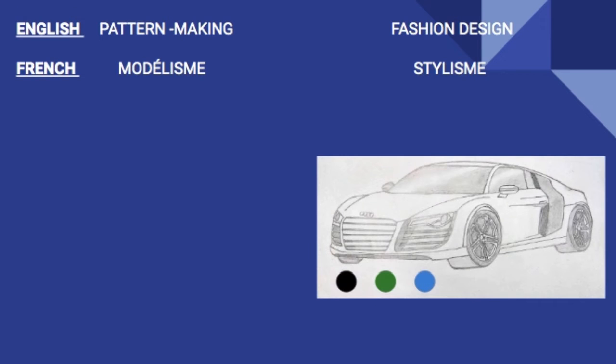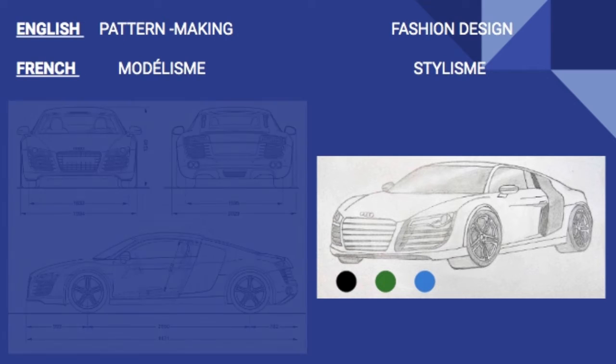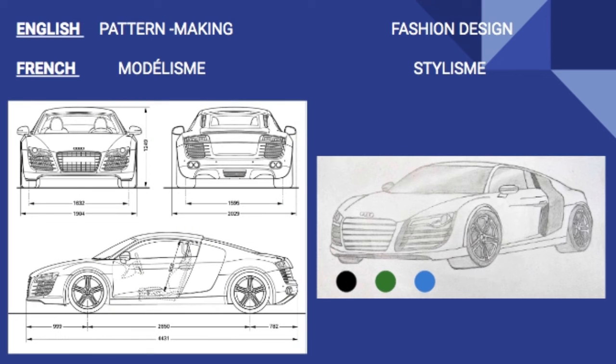When the car designer draws a car illustration on paper along with the color options, he then needs to be able to communicate his idea with the utmost precision to the manufacturing plant with exact technical measurements of each part to be assembled, along with the assembly procedure to be followed. This document is called a technical file, and a similar document is necessary to be prepared for the production of